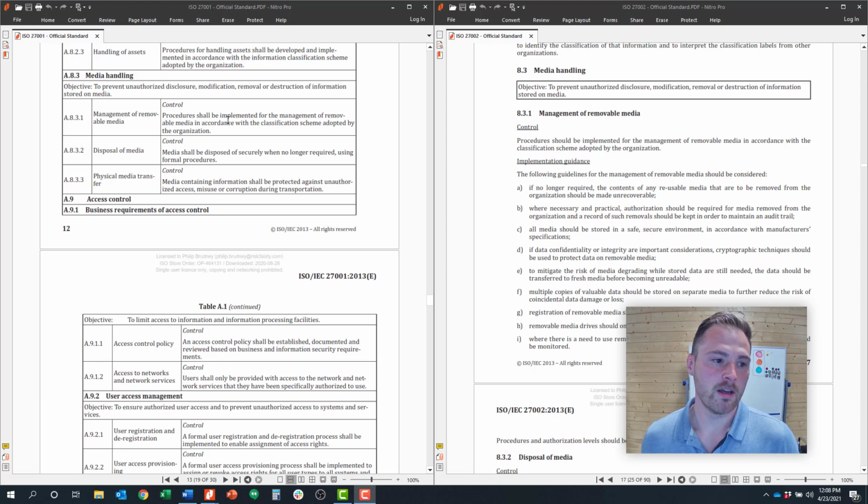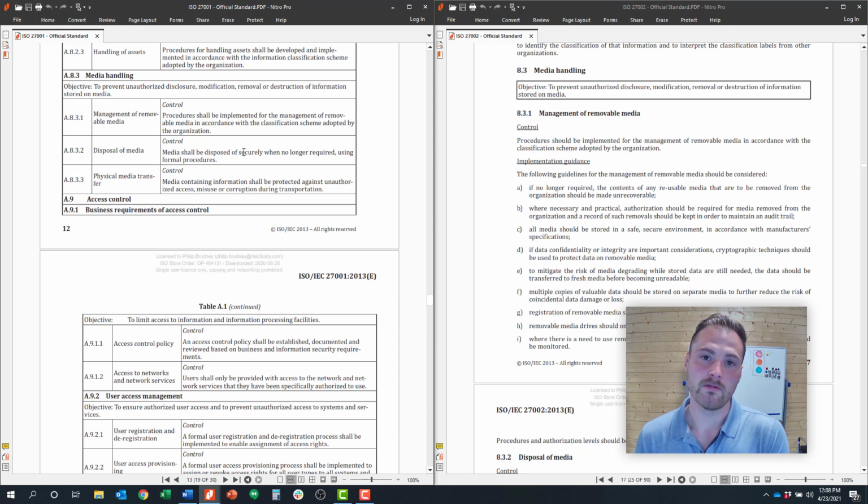removable media. And then if you're moving down to Control 8.3.2, you have to decide how you want to dispose of media. So the way that manifests itself is digitally and physically. So if you are a company that has physical infrastructure, you might want to decide how you're going to dispose of server racks and hard drives or even laptops and desktops once those reach end of life.